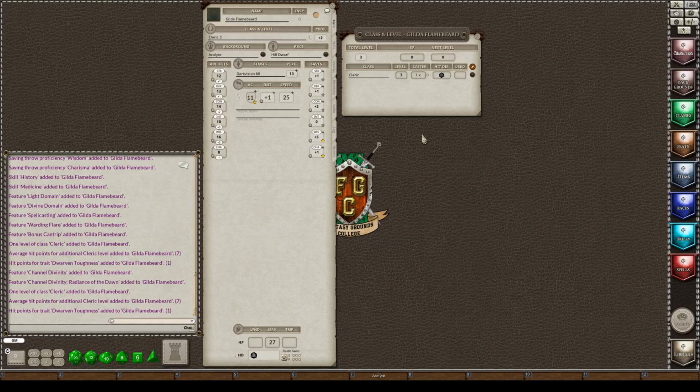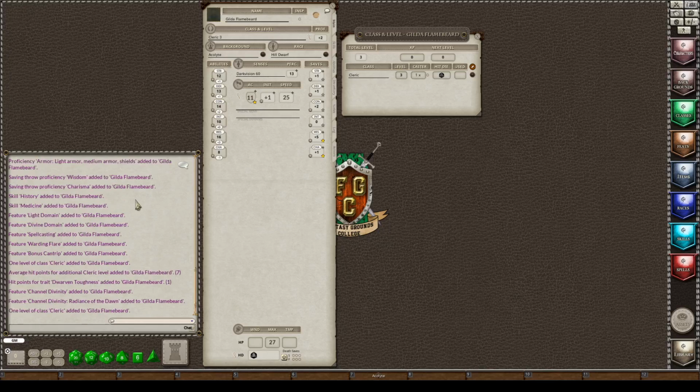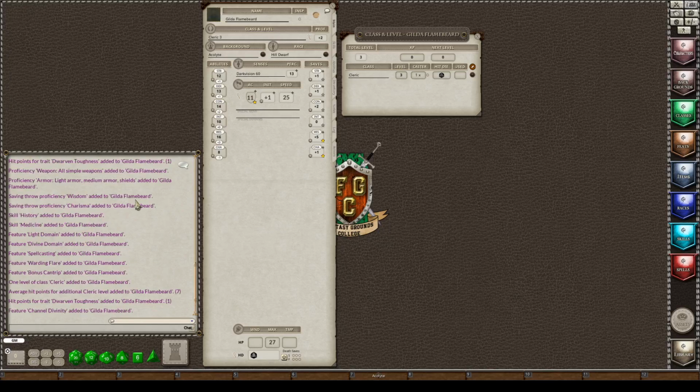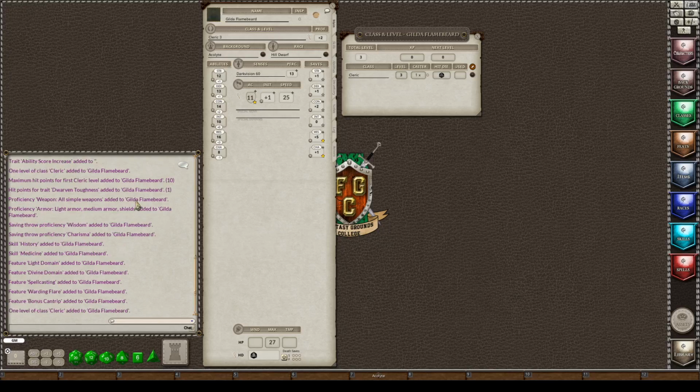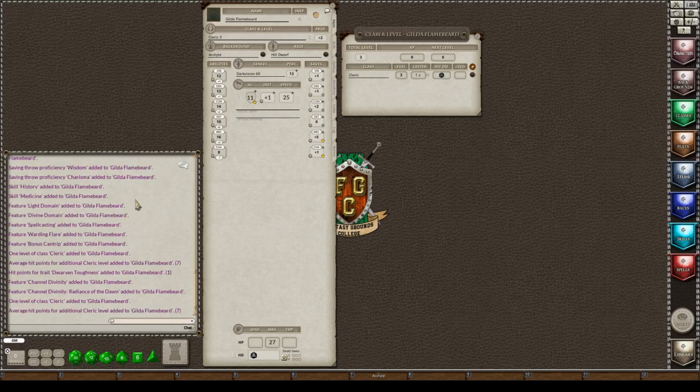So this gave me the light domain, it gave me the History and Medicine, which I picked. It gave me a saving throw proficiency for Wisdom and Charisma. And I have light and medium armor and shields. I have simple weapons. And I have spell casting, a warding flare feature, and a bonus cantrip.